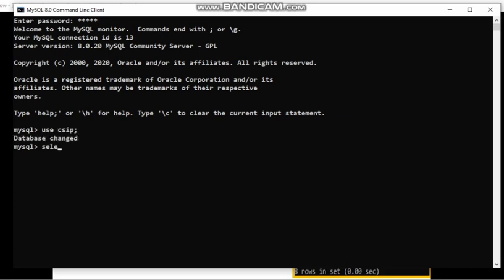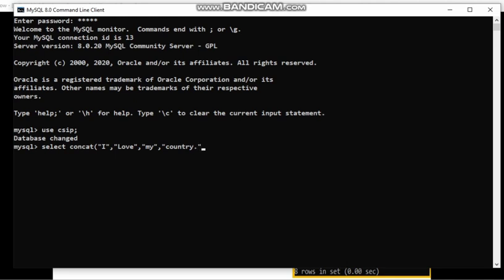For example, select concat. You know it is not case sensitive. So let us give this in writing: I love my country. Suppose I am giving a full stop also.